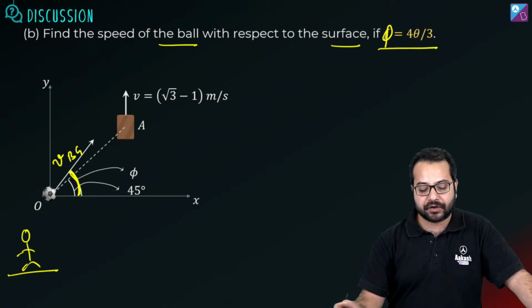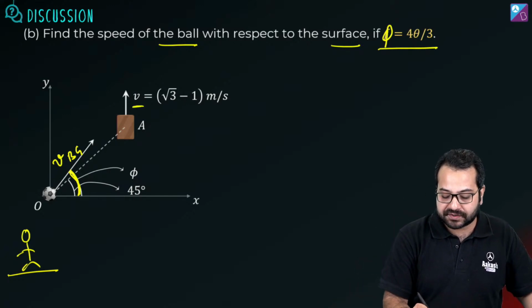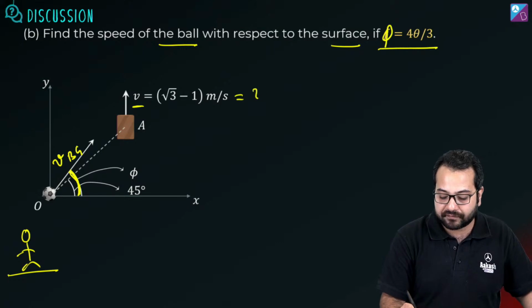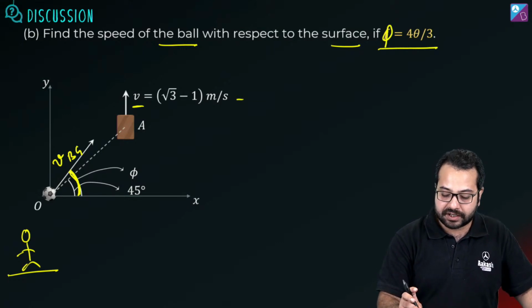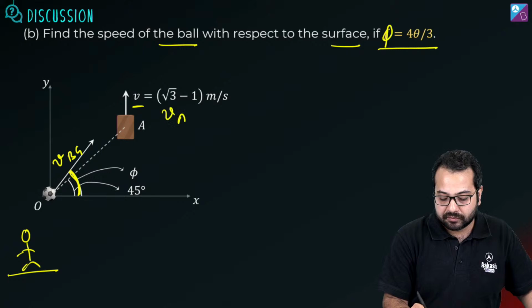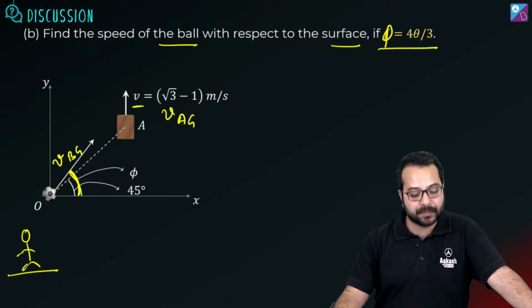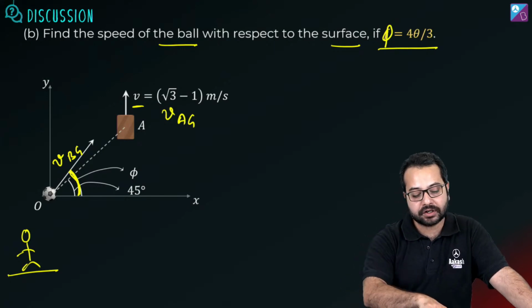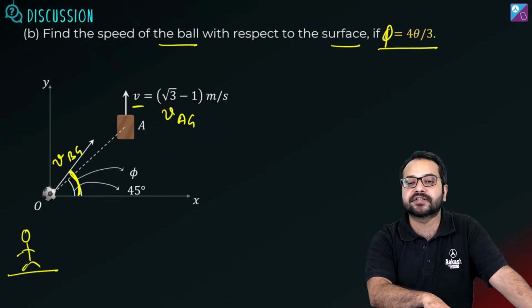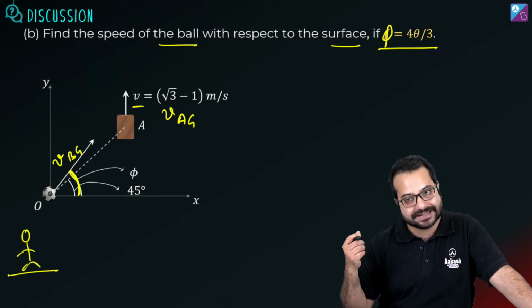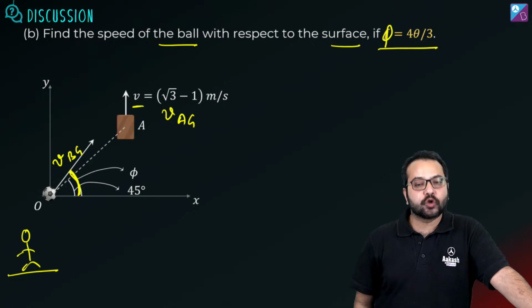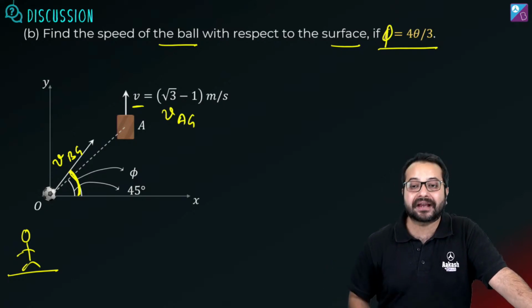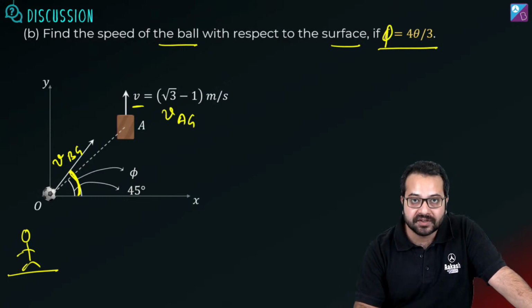And what do we have over here? We have the velocity. This is the velocity of the trolley A with respect to the ground. What do we need to find out over here? We need to find out what is the velocity of the ball with respect to ground. Is that correct? Okay. So in order to solve this question, again, if we are able to draw the relative